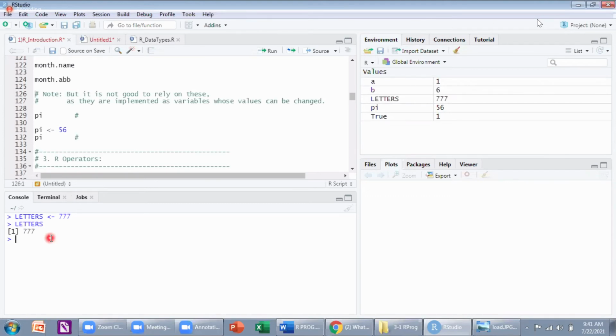The data in letters is a constant by default in the beginning. We'll go with month's name, it will be better. Months dot name is not a constant. The data present in it is a constant. You can delete the data and give a new name. It will add up here.